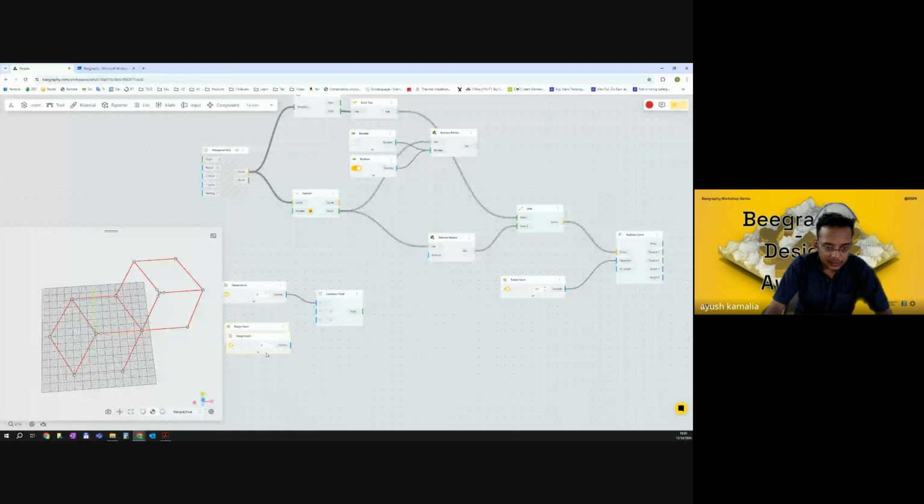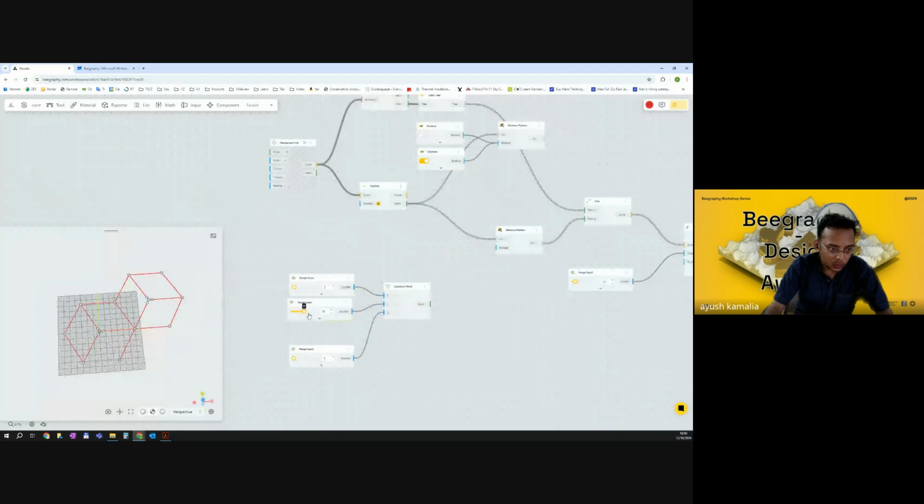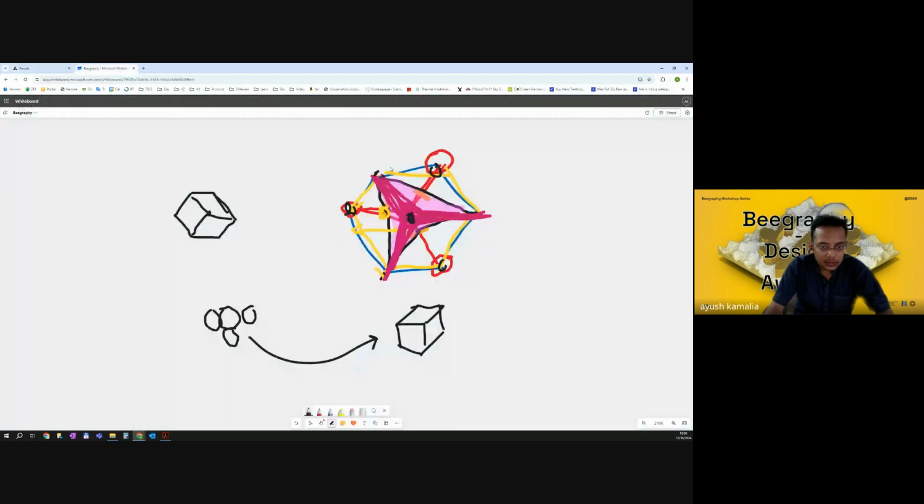A similar X and a Y input. So now you see this point, this becomes our attractor point. This helps us in controlling how we are managing the opening and the closing of the facade. We can move it anywhere we want. So what we want to do, let's say if